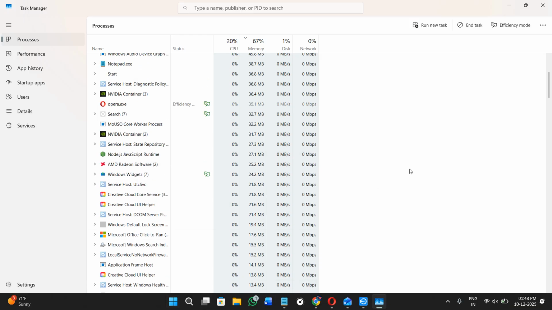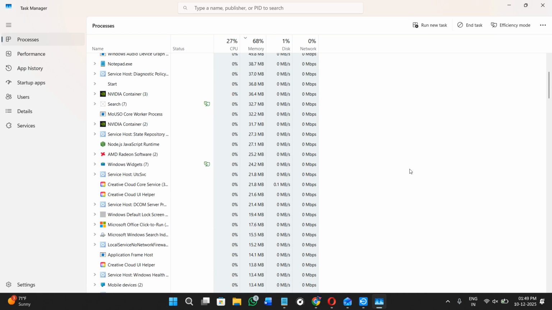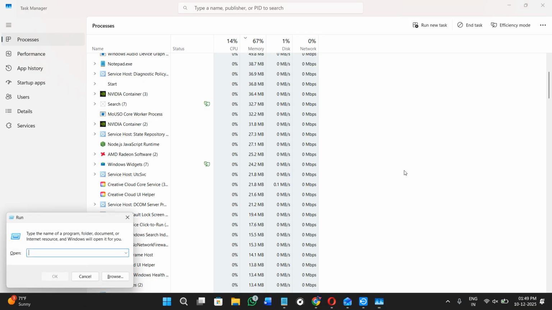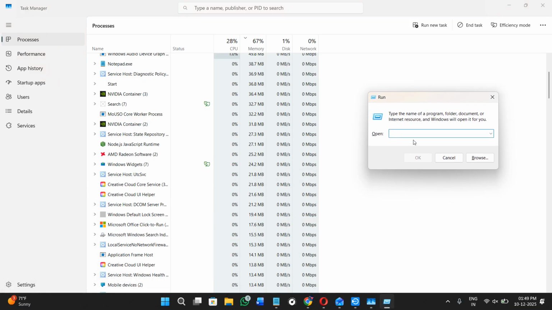If it freezes again, you can open it in the safe mode. Just press Windows plus R on your keyboard, and then you just have to type this particular command, which is Outlook /safe, and then hit OK. So if Outlook works fine in the safe mode, the issue is caused by a bad